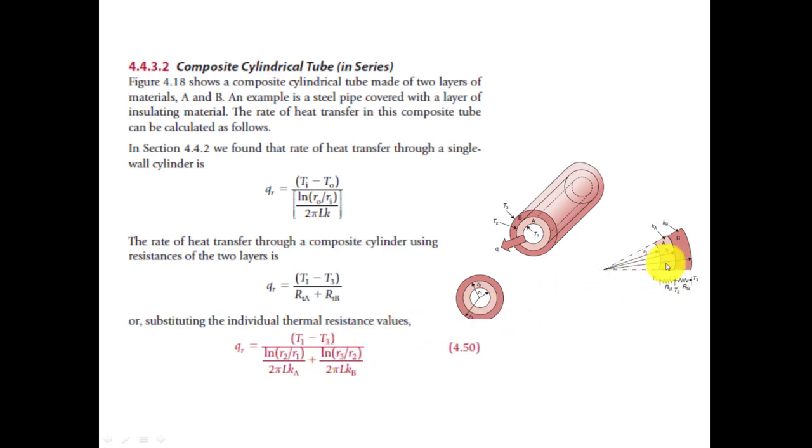Why is it R3 by R2? Because the main equation is this one, na? Ro by Ri. Ro means outer radius. So the outer radius here is R3 and the inner radius here is R2 for layer 2. So it will be the natural logarithm of R3 by R2 divided by 2 pi L KB. 2 pi L as it is, and KB represents the thermal conductivity of the second layer of the composite cylinder.